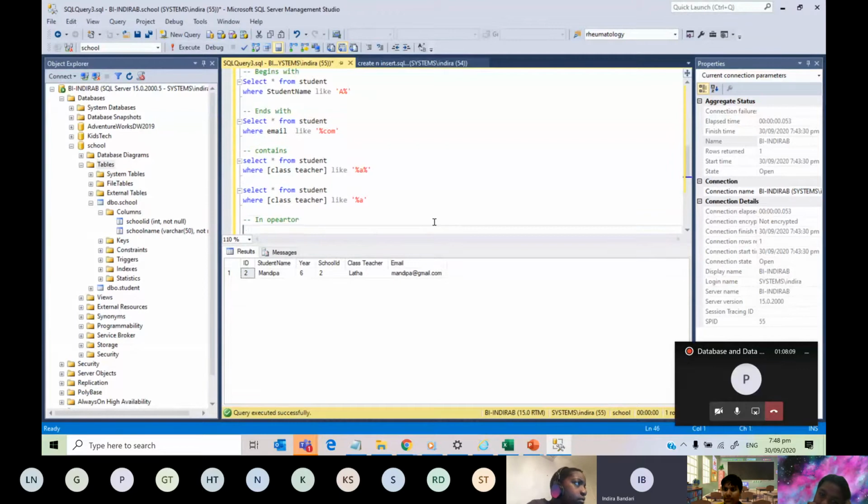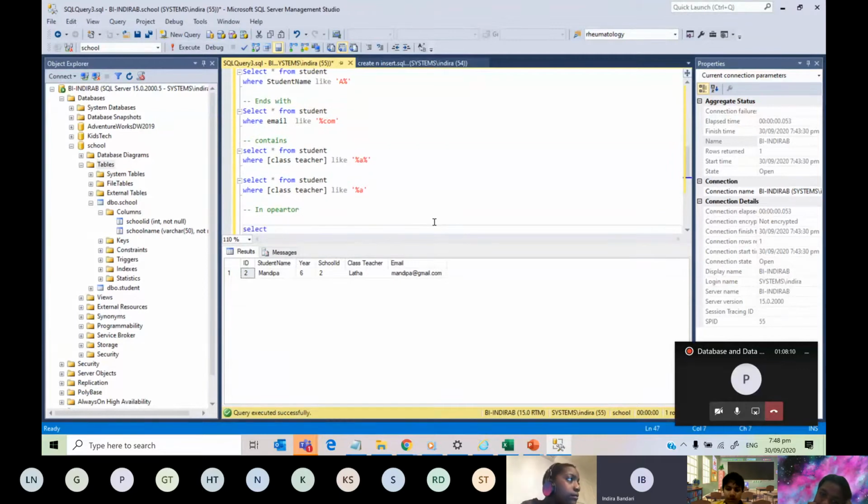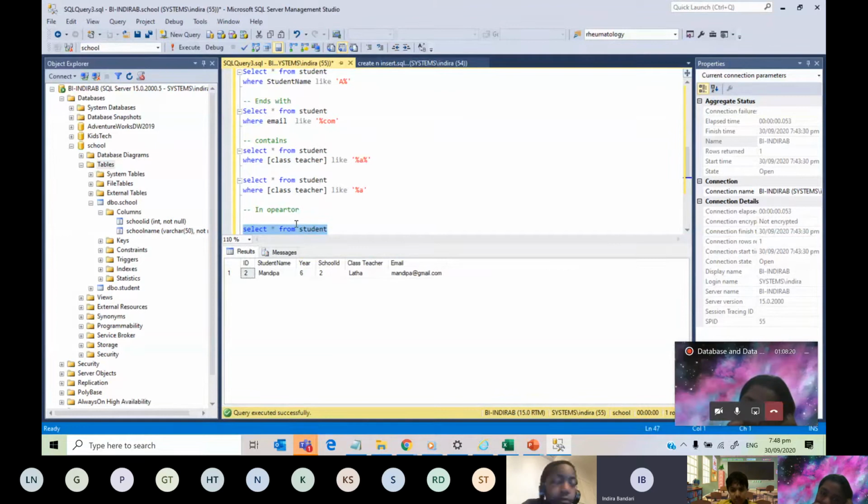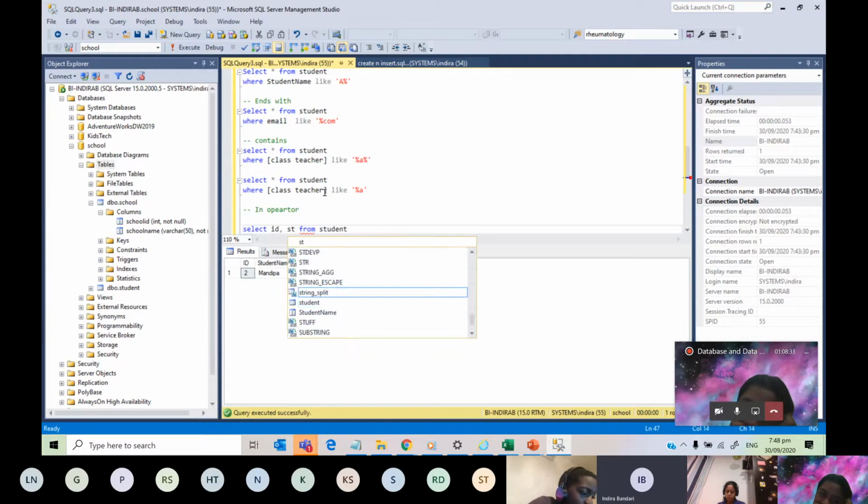I'm saying select star from student. Let us look at the student table. What does the star mean? Select star means get all the columns. I'm just lazy to type the columns, so that's why I'm using select star. Otherwise, I can say select ID, student name.